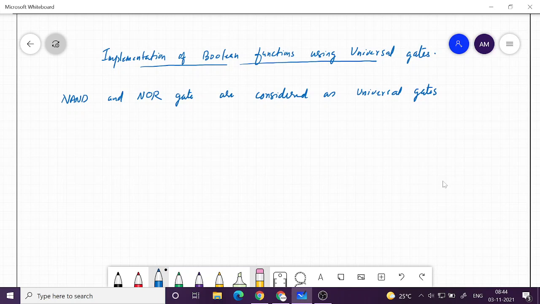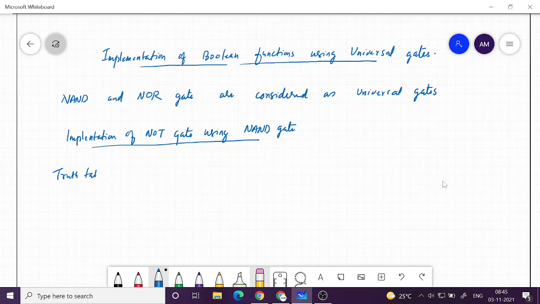First, let us consider the implementation of NOT gate using NAND gate. So we will start with the truth table of NAND.